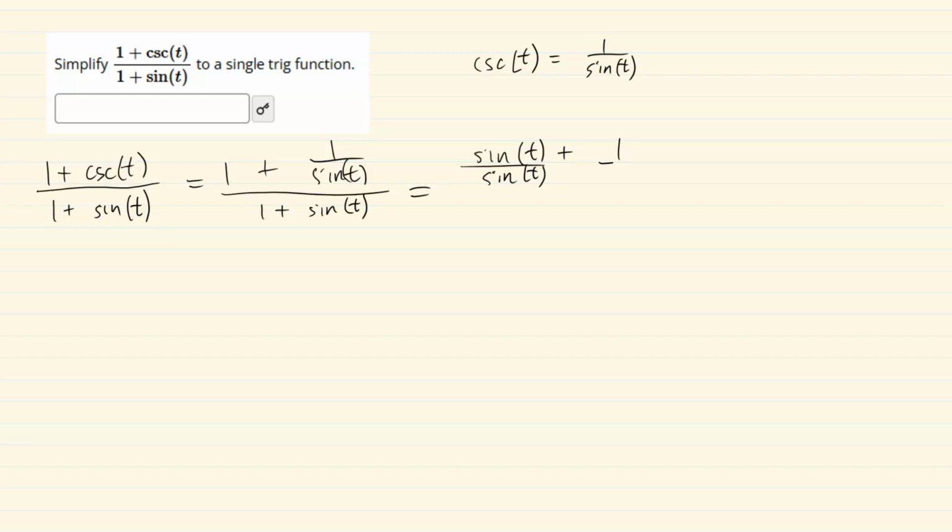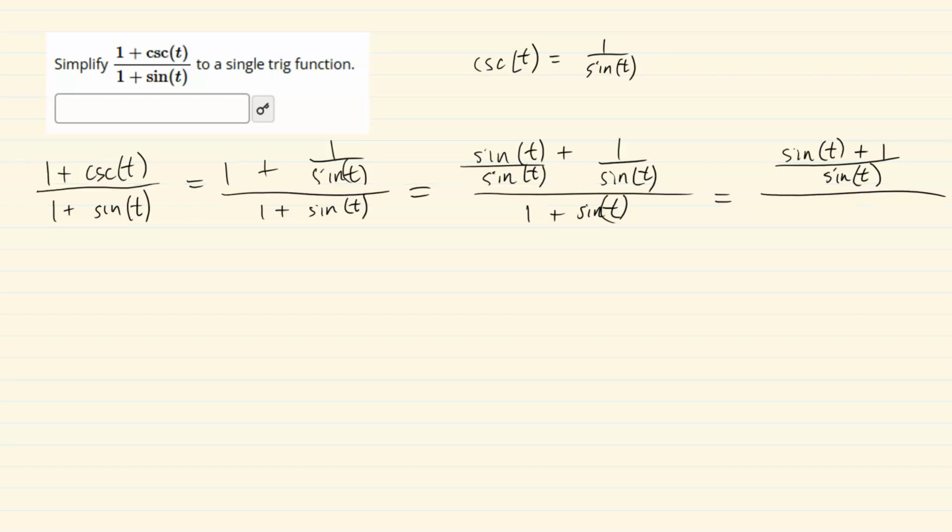And 1 over sine, we're not doing anything with that other part. We're just getting sine of t over sine of t substituted for 1. And we still have 1 plus sine of t. Now we have a common denominator, so we can say, well, this is equal to sine of t plus 1 over sine of t. That's still all over 1 plus sine of t. Okay,